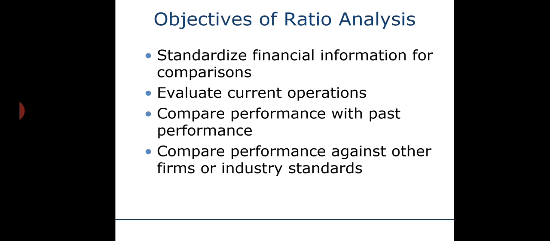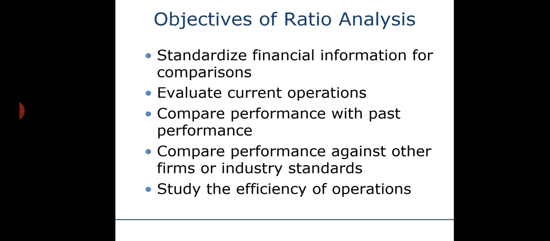Means with the help of ratio analysis you can compare the financial activity with themselves only, with their inter-department only, with their inter-branch only. Next one is all about the study of efficiency of operation, which are the operations undertaken by the banking sector, whether it is profitable or not, whether it is beneficial for the company or not. It should be studied with the help of ratio analysis. The next one is to study the risk operation.